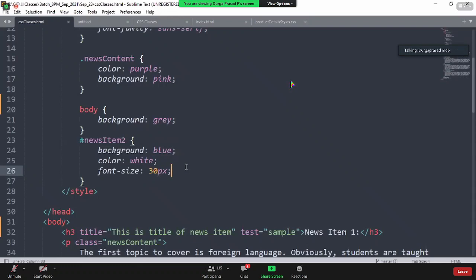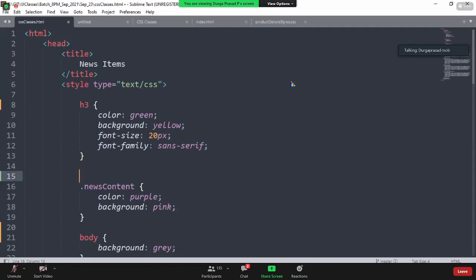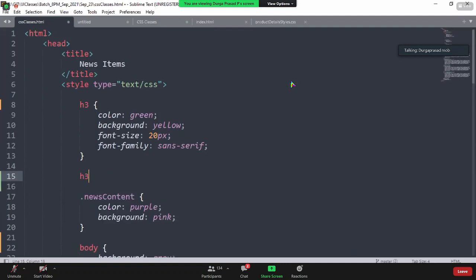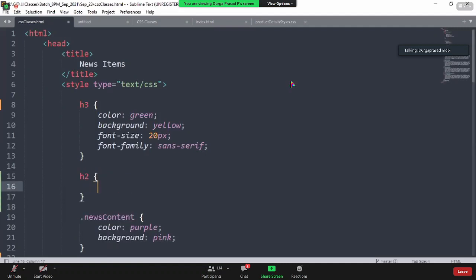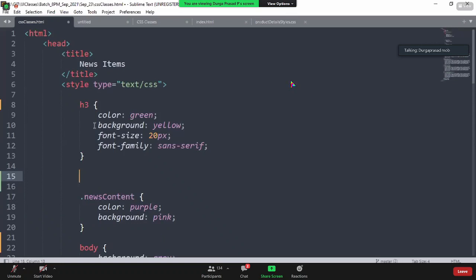Yes, go ahead. Sir, what happens if we use different types of heading tags? What happens? That is different, right? You mean to say H2, H3, something like that? Yes, sir. Obviously, if you use H2, it doesn't affect. If you want to have H2, then the tag name is completely different, right? That is having a different look and feel. Now, H1 is different, H3 is different. Now, I say H3 is defined something like this.